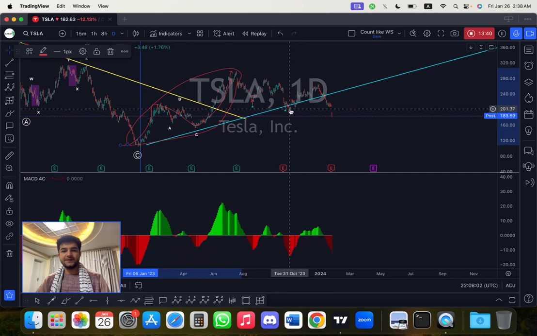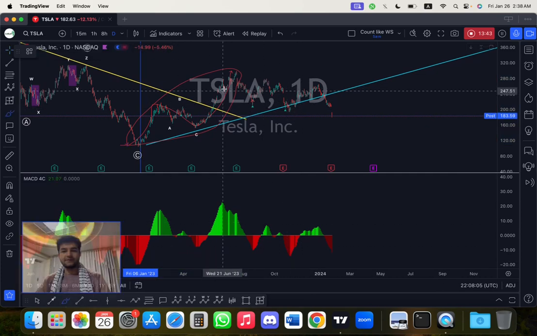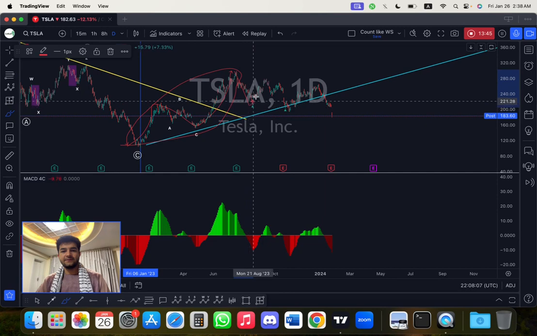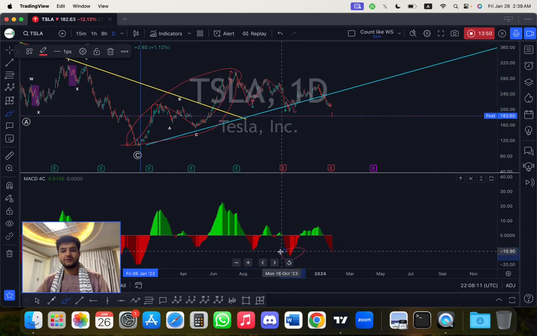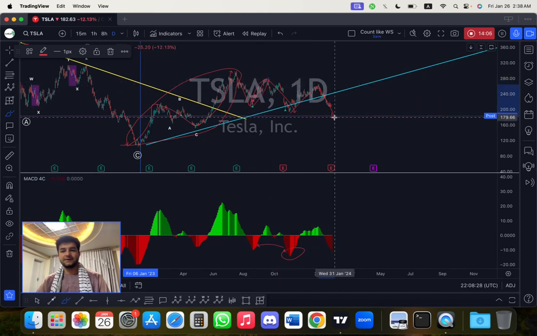So the MACD tells us that this is your W, X, Y. You see huge growth in the momentum, much more than your wave first. So W, X, Y, X, which is similar to this X in size, and you have a Z,